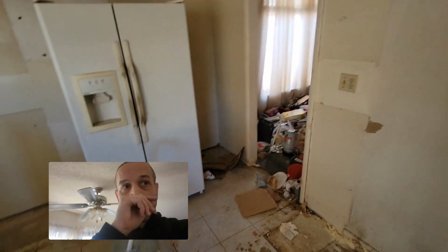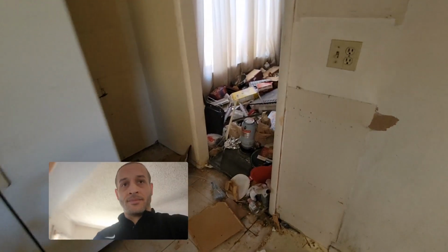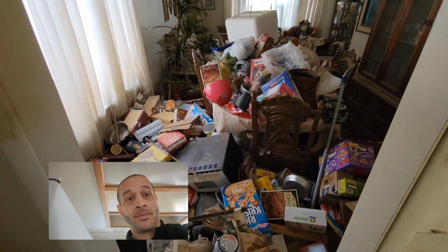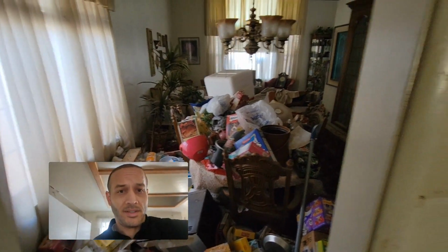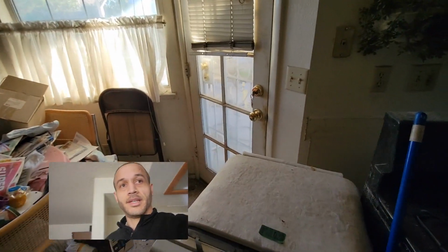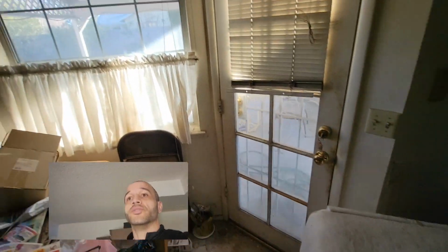Layout is pretty sectional. I mean, it reeks in here for obvious reasons. It's really tough to see people actually living like this. I am gonna pass on going in the backyard. Maybe I could get a view. It's a decent sized lot. I believe it's